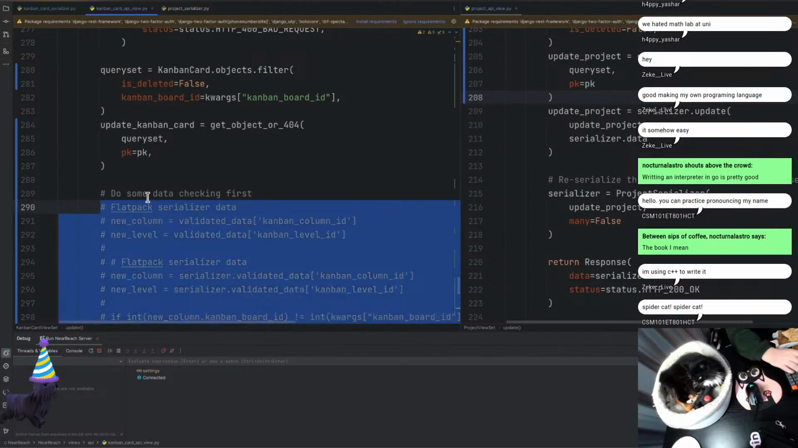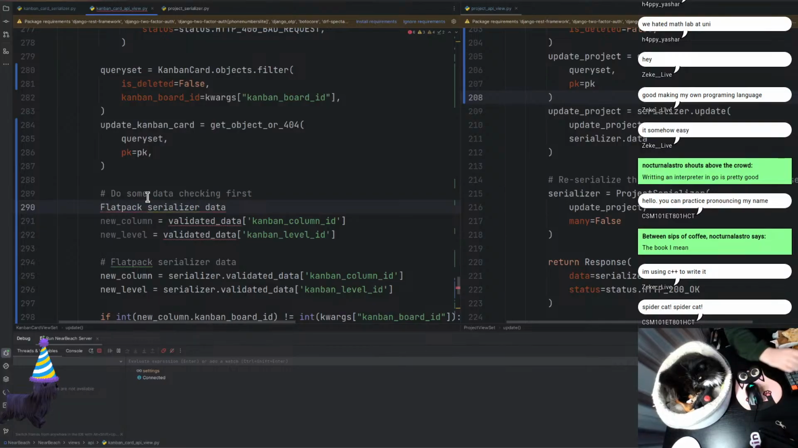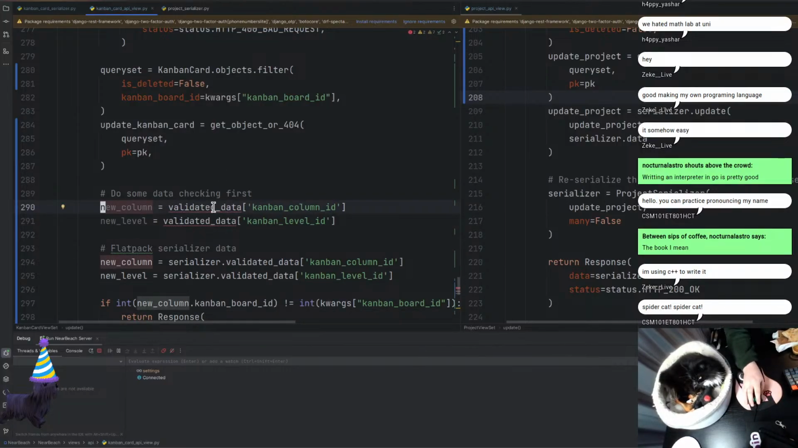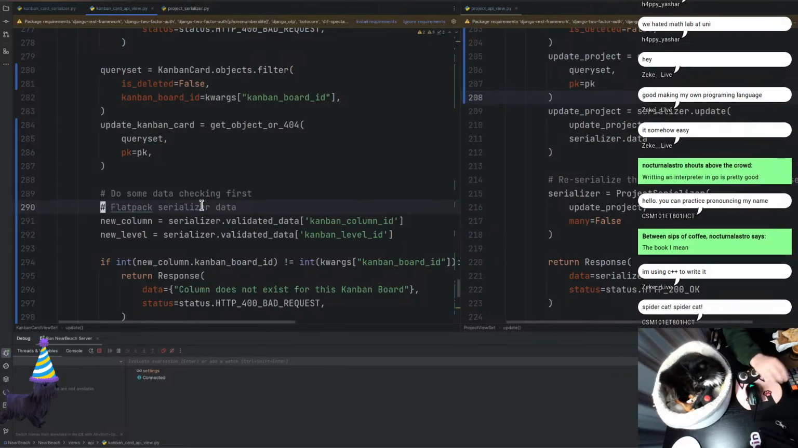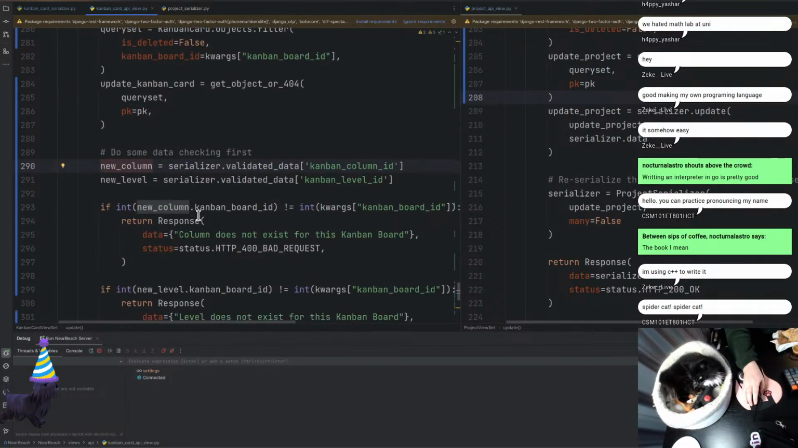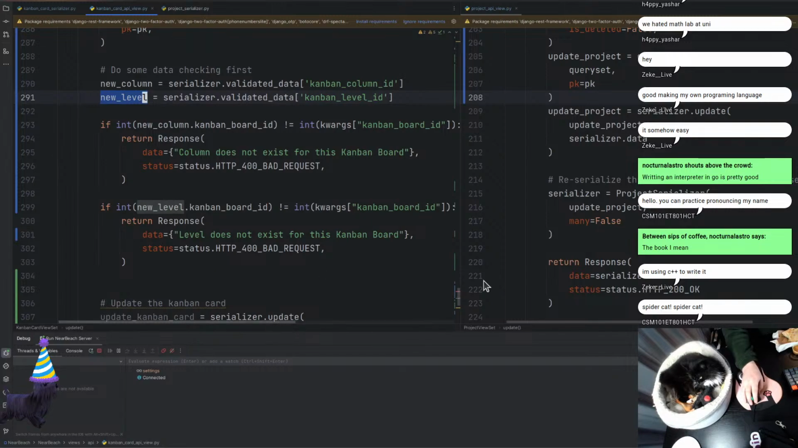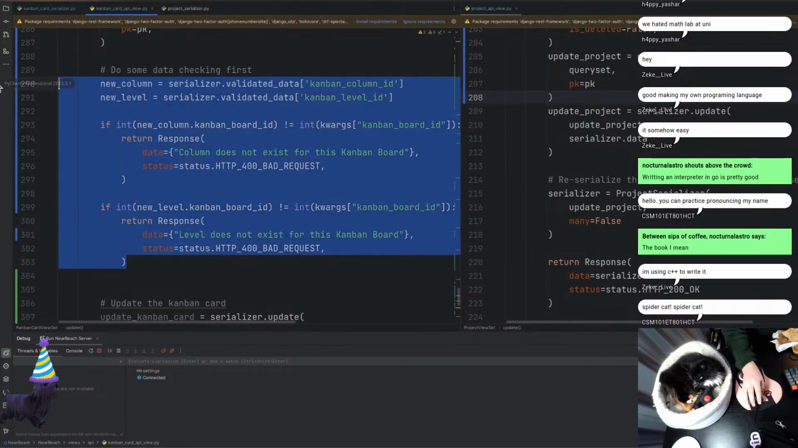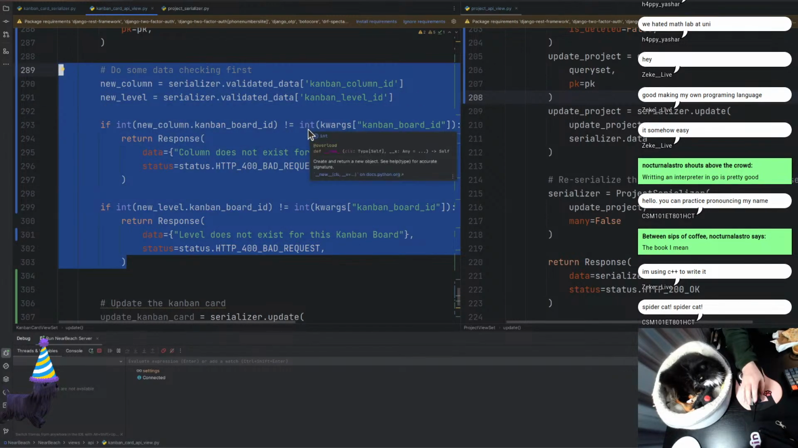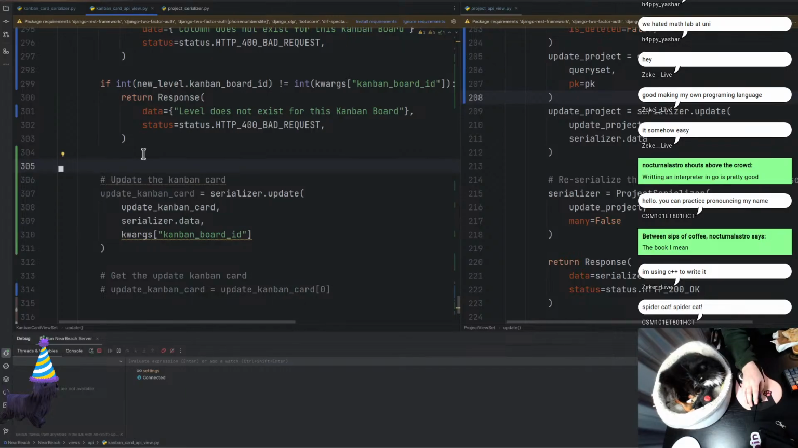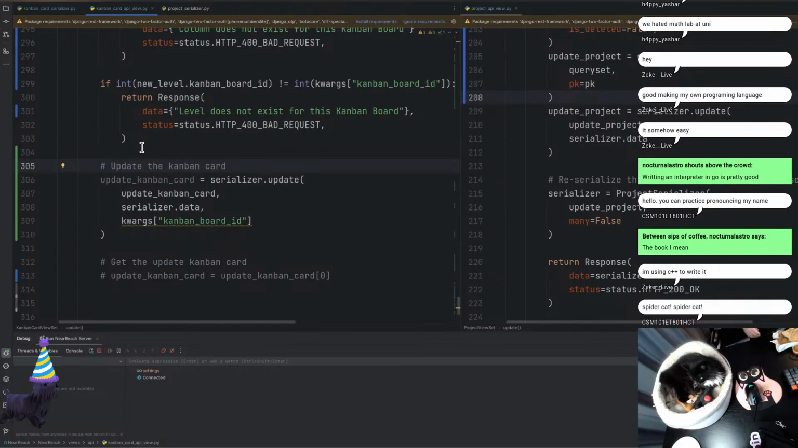Going in here, we're just going to undo that. This will actually be, let's get rid of that. We do that. New column, new level. It checks all that. We're happy with that. Those are just some quick checks. If it passes those checks, we're going to update. All right. So next thing to do